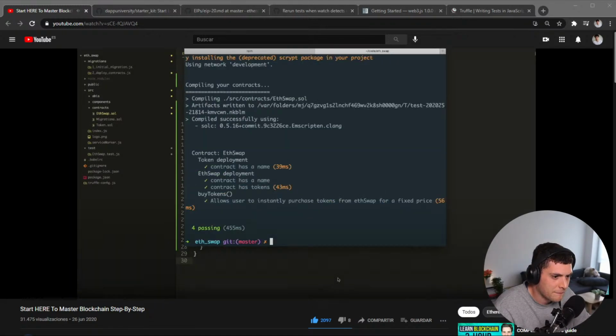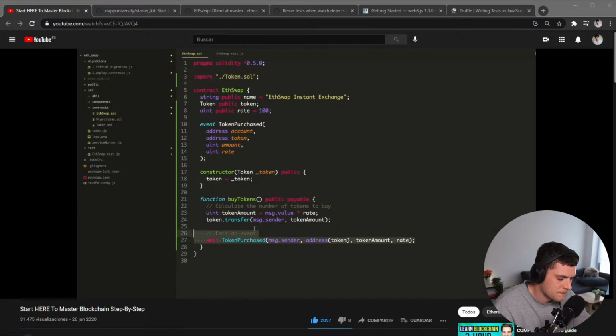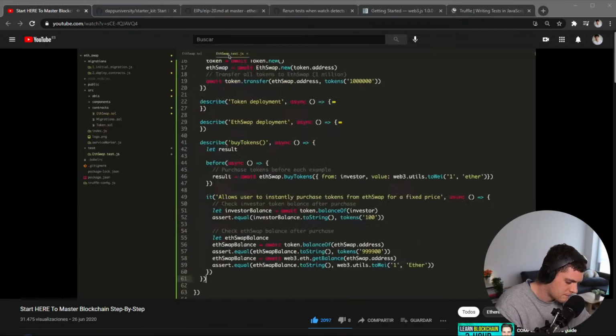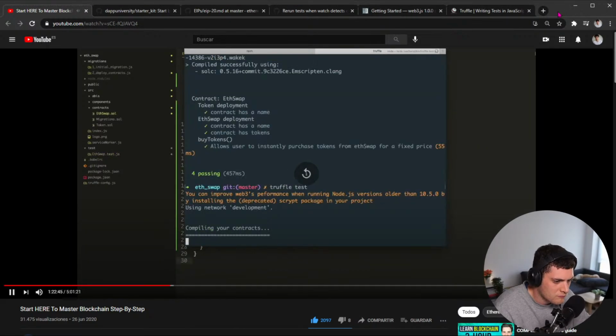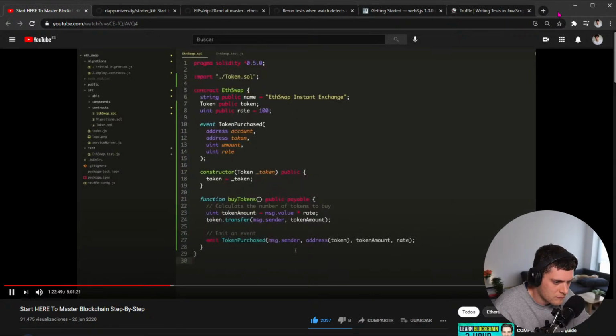Pass, perfect. So now what we want to do is actually inspect this event inside the test to make sure that it returns the arguments we expect. So what we can do is go back here and inspect the event like this. I'm just going to log into the console first so that you see how we find it. Essentially, all right, pass, perfect. So now we want to